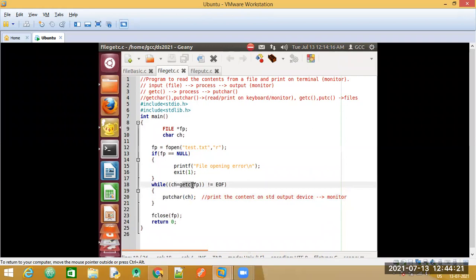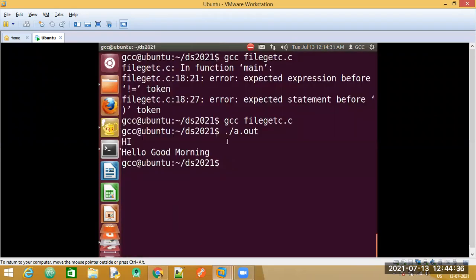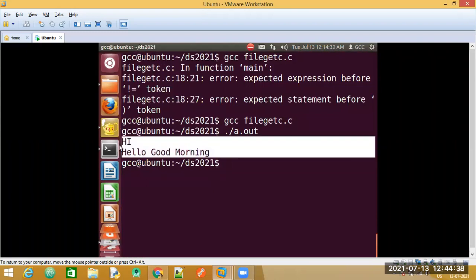The getC function is pointing to this particular file. So the first letter is H, that is stored here and that is displayed here. Then next, that is I, and so on. So one by one all of the characters are printed on the monitor with the help of the function. So this is about the getC, that is character oriented input output functions.